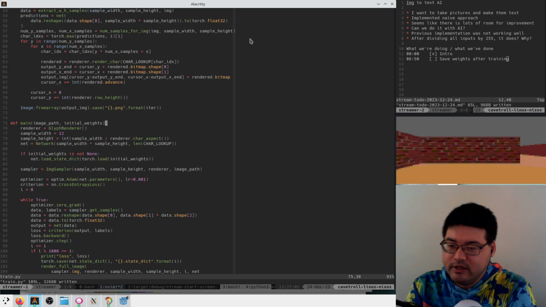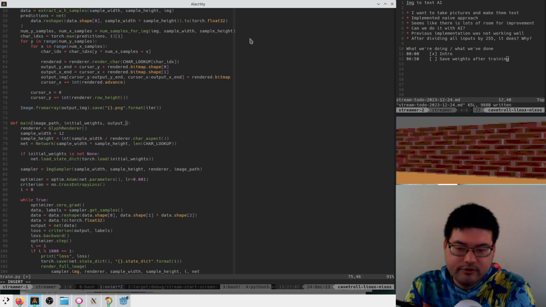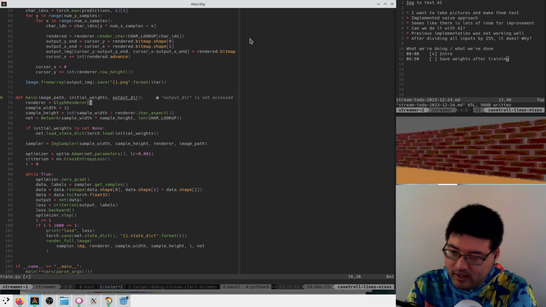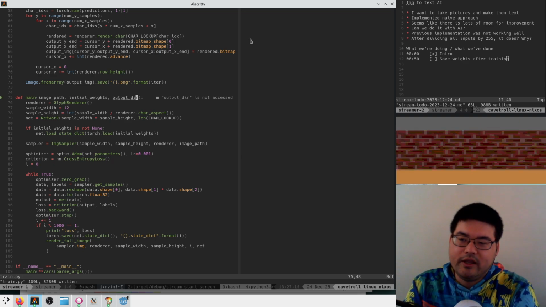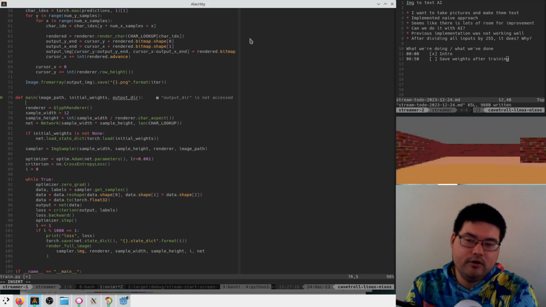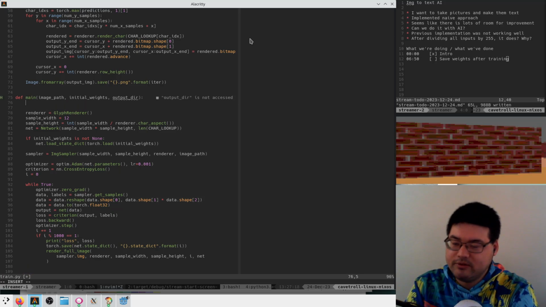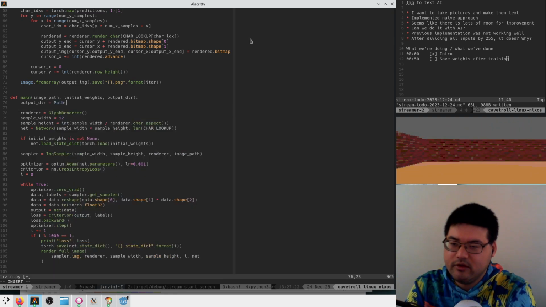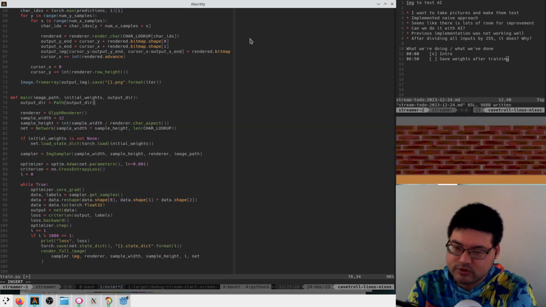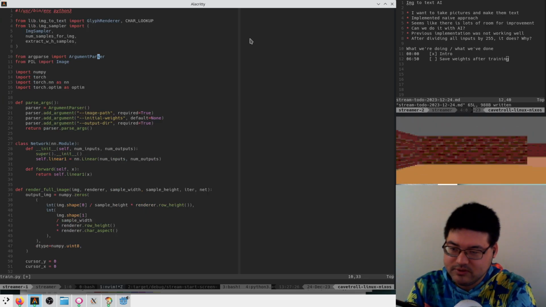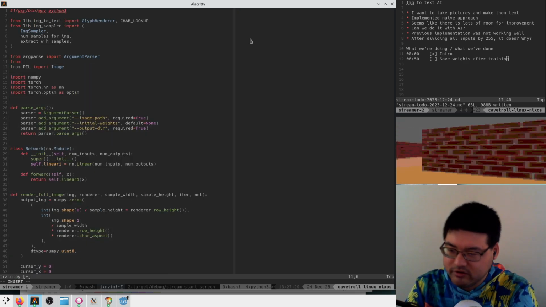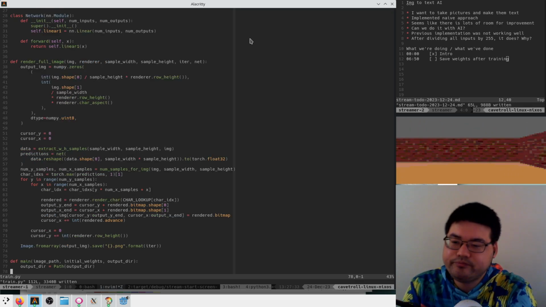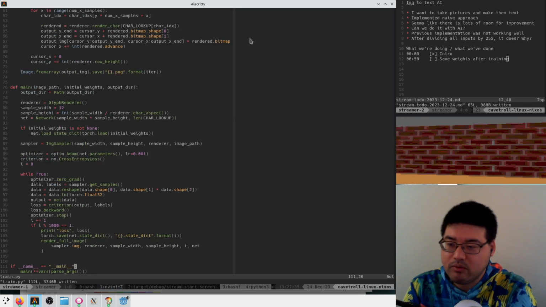Which means that here in our main we'll take an output directory. Did I call it output dir? Yeah, output dir. And I guess we'll turn this into a path. So output dir is a path of output dir, because its initial value will be a string, and paths are a little nicer because you can use quality of life things on them. Pathlib import Path. And now everywhere where we write stuff,